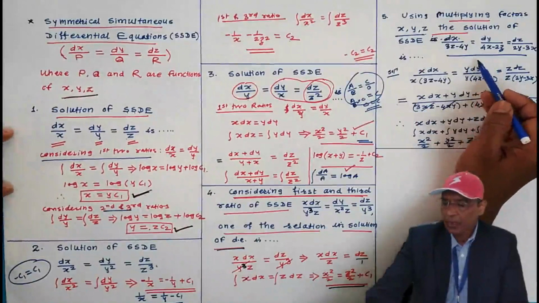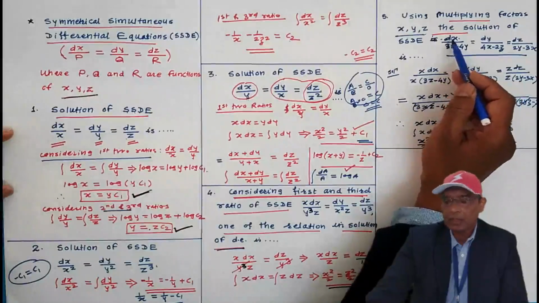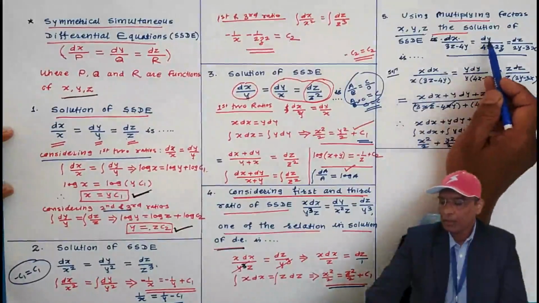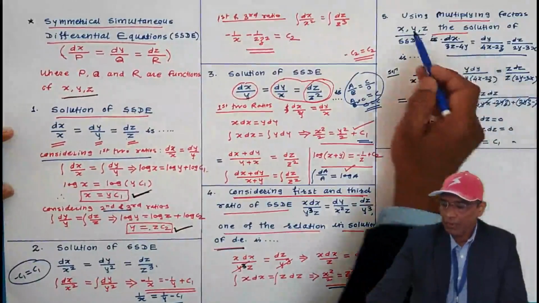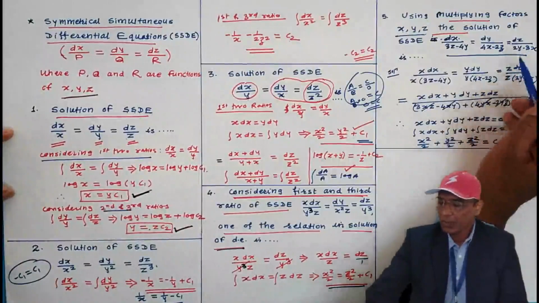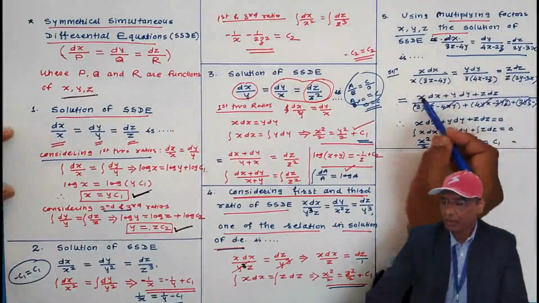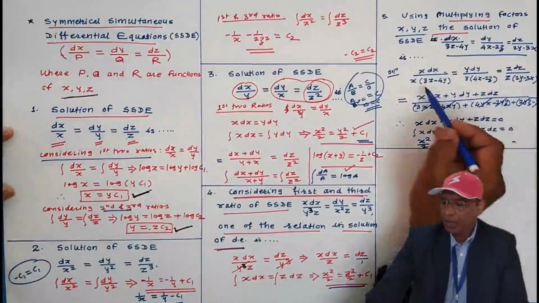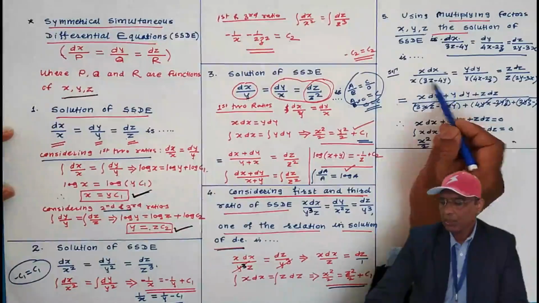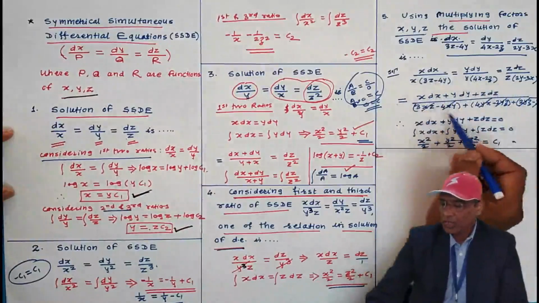Just what to do here is a first ratio, second ratio, third ratio. Multiply numerator and denominator of first ratio by x. See, multiply numerator and denominator of second ratio by y. Multiply numerator and denominator of third ratio by z. Then add all numerators by ratio and proportion property and add denominators. If you add denominators and multiply this by x, this by y and this by z, so all the terms gets cancelled.